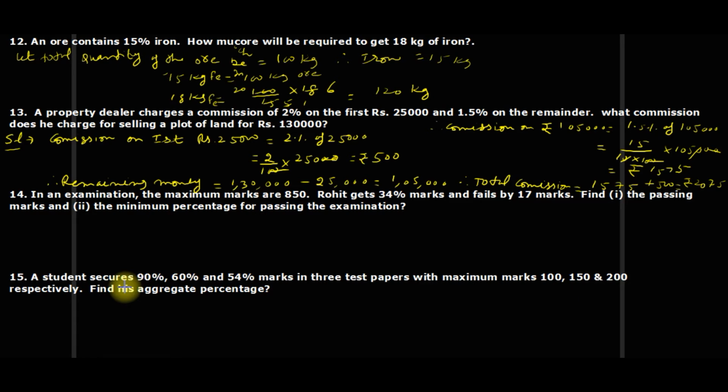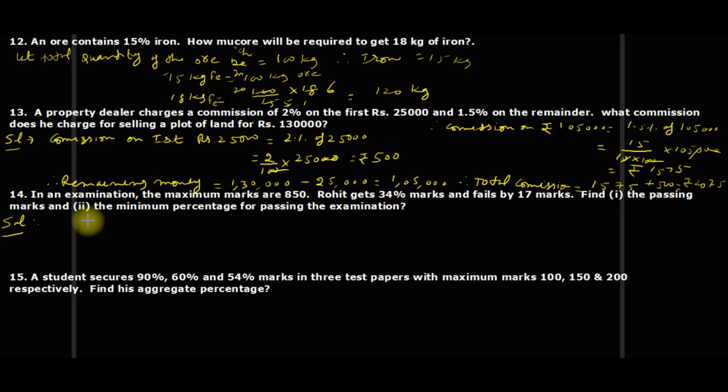In an examination, the maximum marks are 850. Rohit gets 34% and fails by 17 marks. Find the passing marks and the minimum percentage for passing the examination. So here students, Rohit got 34% marks, fails by 17. That means passing marks would be,